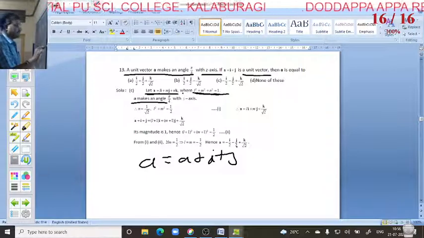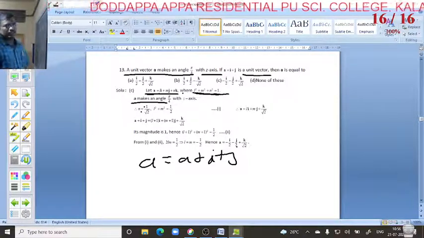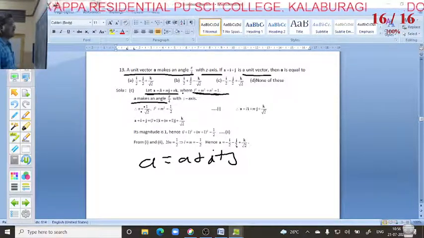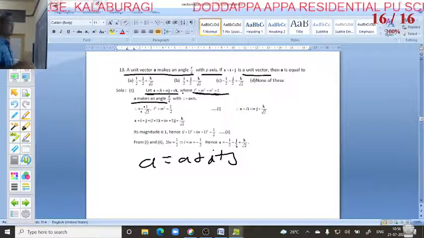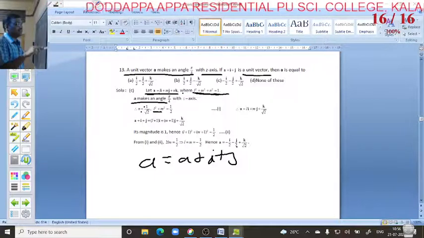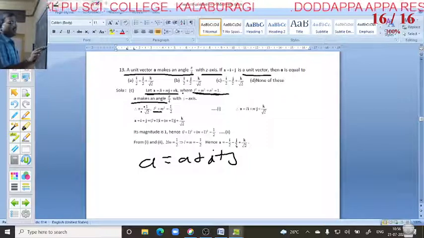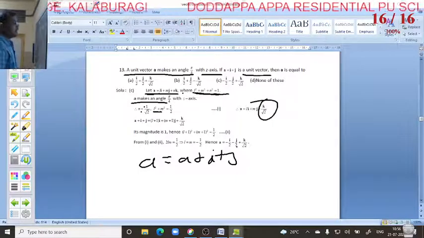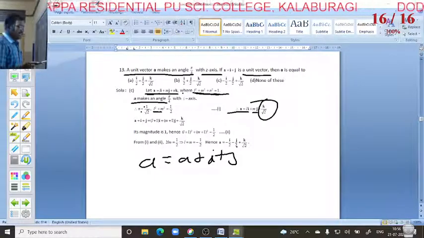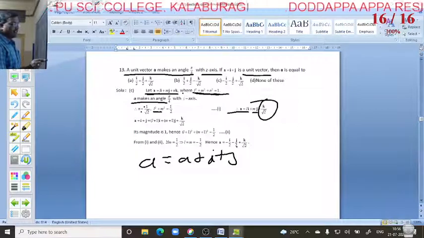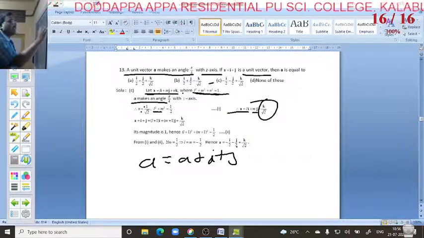So then we get n is equal to 1 by root 2, because for pi by 4 in the trigonometry table it is 1 by root 2 for sin or cos. Then l square plus m square is 1 by 2, so the n value should be k by root 2. Similarly, you can find the other two values. So we get minus i by 2 minus j by 2 plus k by root 2. That is option C.